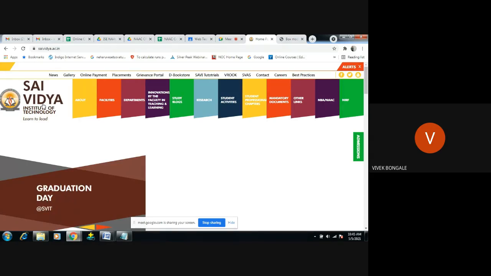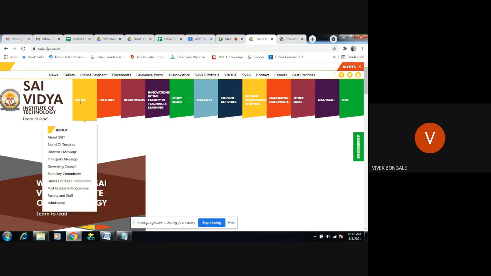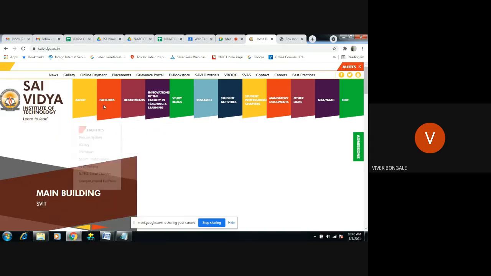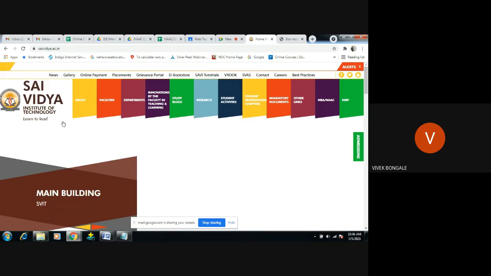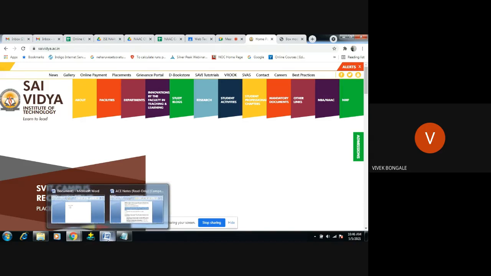Then how to vary the size, nothing but the font size in the web program. You can easily see that the size of this text is quite larger than this text, right? And the style of this text is different than this text, correct? So how to achieve this type of styling, this type of fonts?